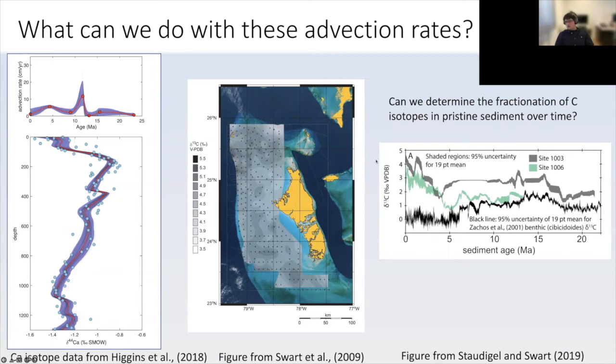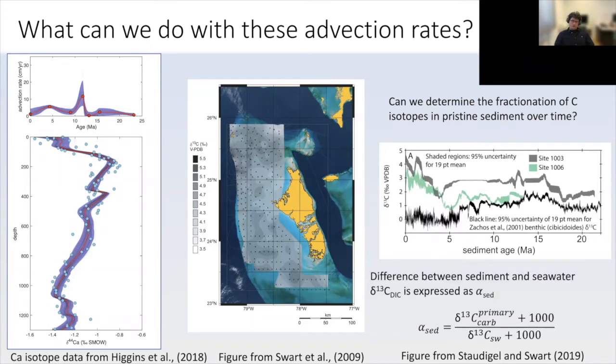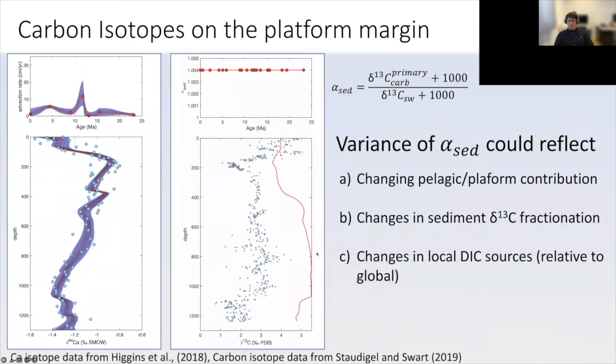And so the question is, how much of this record is due to diagenesis and how much of this is due to that? So we're going to be talking about this fractionation. So instead of carbon isotopes as a whole, I'm going to be talking about the fractionation of carbon isotopes relative to seawater. So this is just primary over the carbon isotope ratio of seawater. And this could reflect any combination of